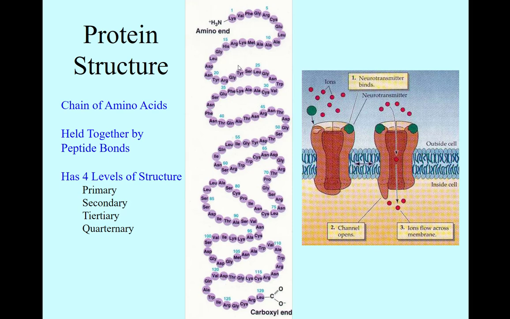Okay, so if you have a mutation in your gene that makes this amino acid not the proper one, it can cause a folding of this protein that will prevent ions from moving in and out of the membrane, or will prevent the proper neurotransmitters to bind. And this can lead to behavioral issues. This can lead to disease and disorders.